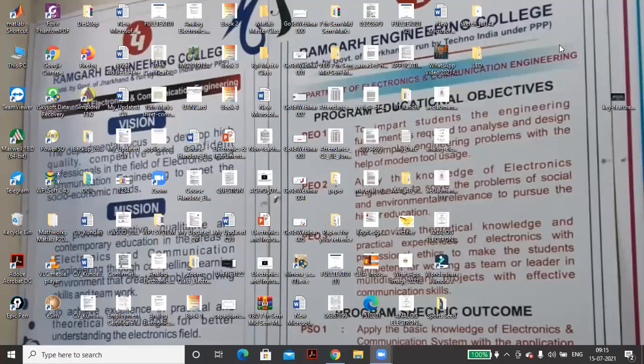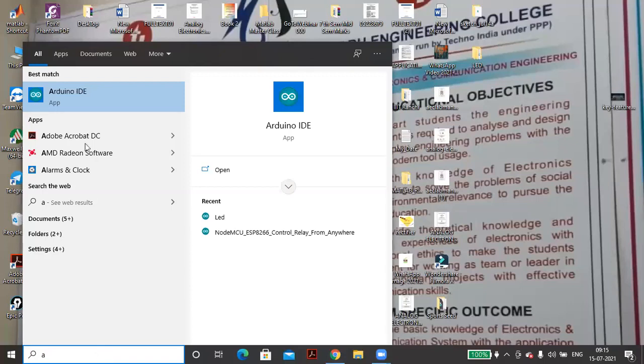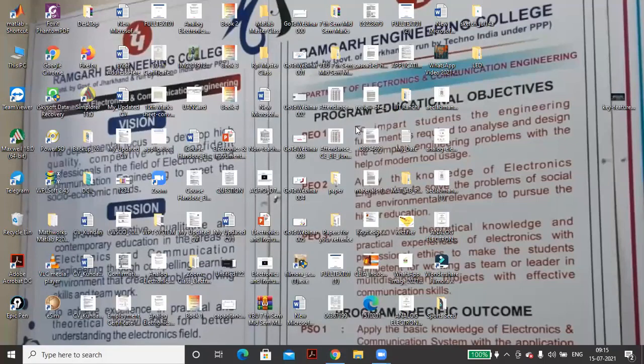Is my computer visible? Yes, sir. Okay, now you have to open the Arduino IDE so that we have the programming. I will demonstrate what you have to do.